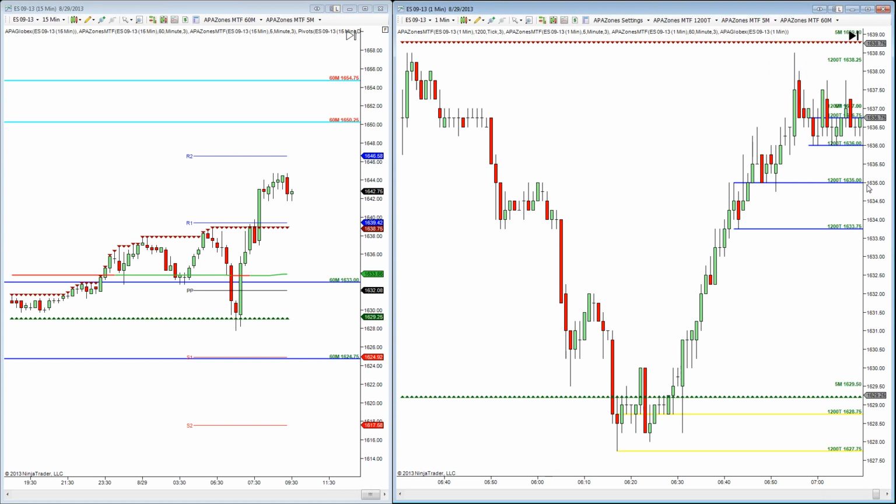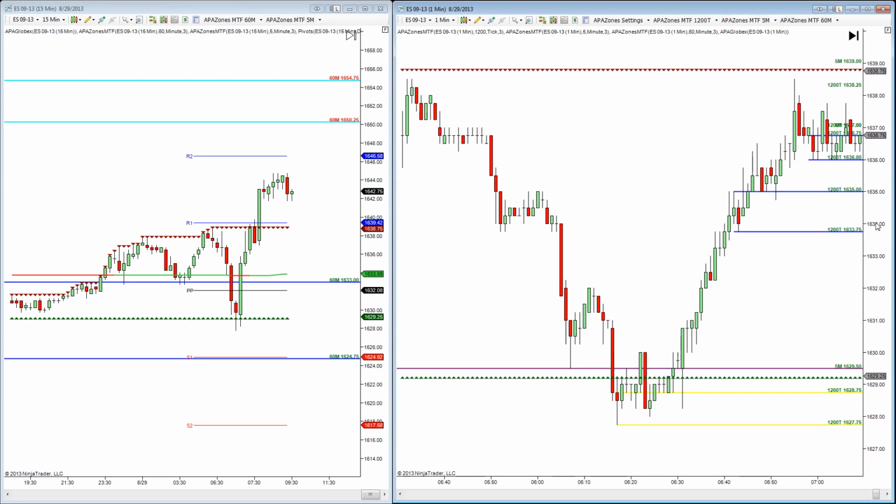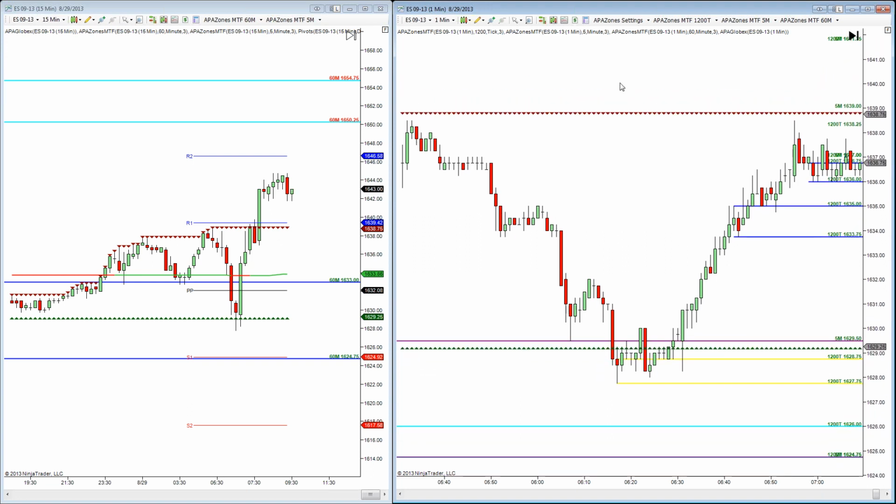I also looked at this a little bit before we started the webinar, and I saw that we were not only in the Globex low level, but we were also in a 5-minute level down here. So we had that fractal nature of the markets all happening. That 5-minute level is actually pretty big. It goes all the way down to the bottom of where that 60-minute level is, but it's about half the size. So in this type of price action, what I'm looking for is a red candle down, and then